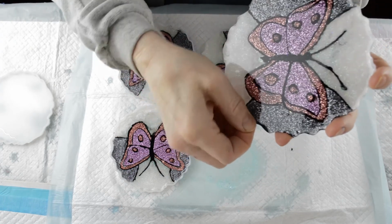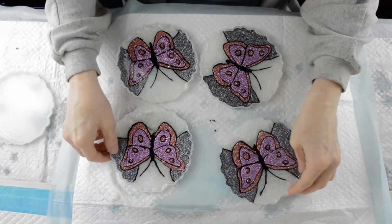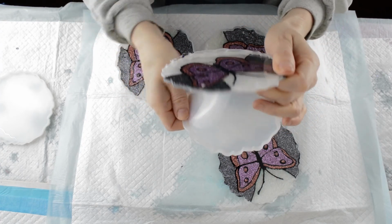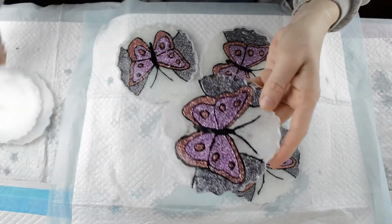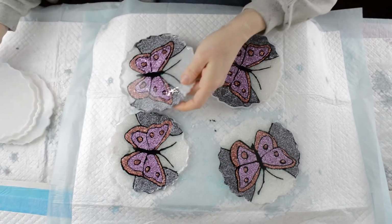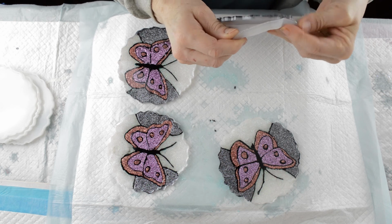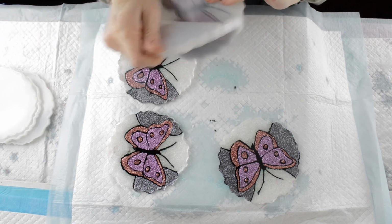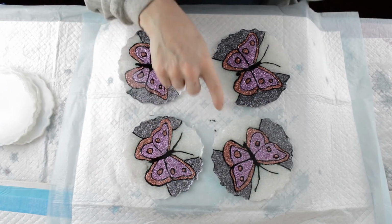So there's one. And the next. I think they might look nice with some black acrylic paint around the edges. So there we go. I've unmolded them. What I'm going to do now, I think, is put some black acrylic paint around the